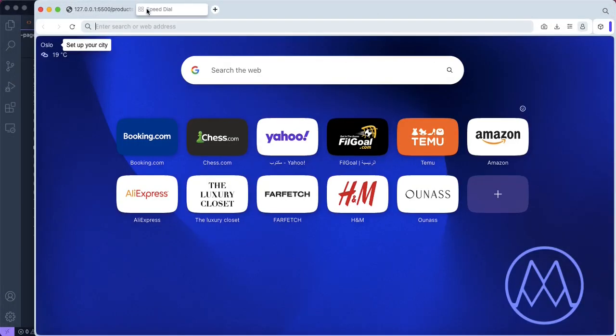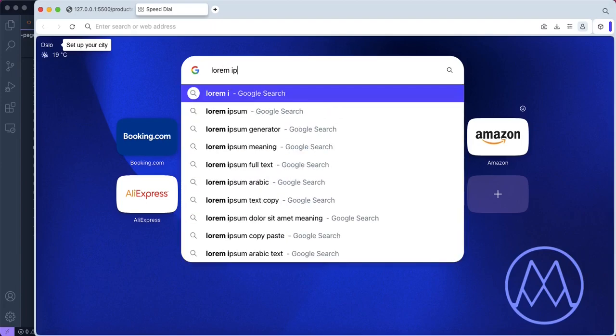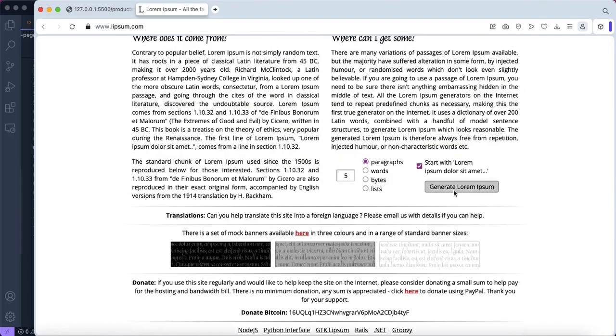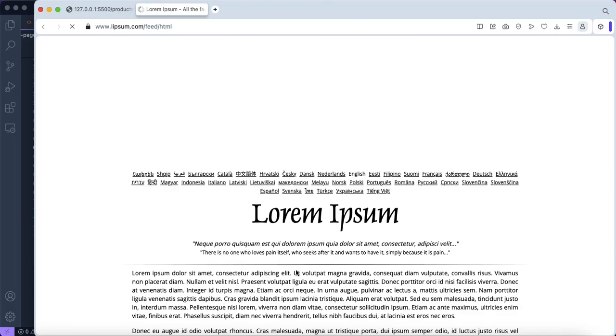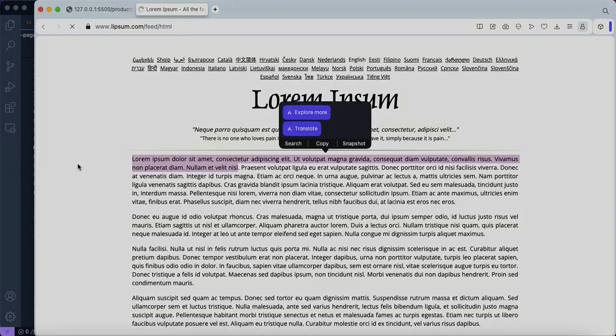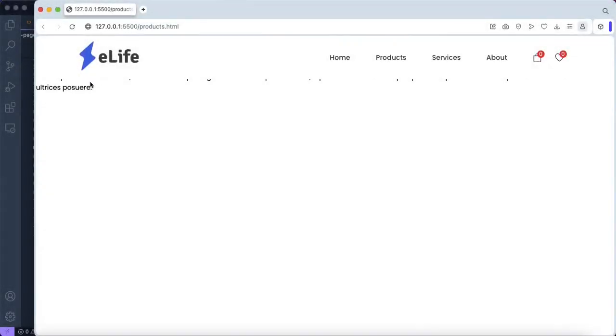So now we're going to go on our search tab, and here we'll just type in lorem ipsum and we'll find a free generator. Usually this one is the one that I use, and you can generate it from here. We want it by paragraphs, so we can just select a random text, copy it,